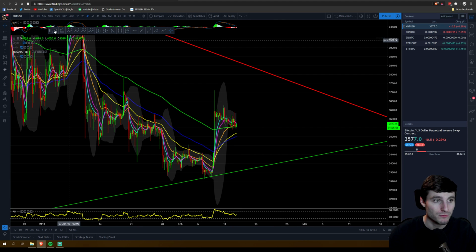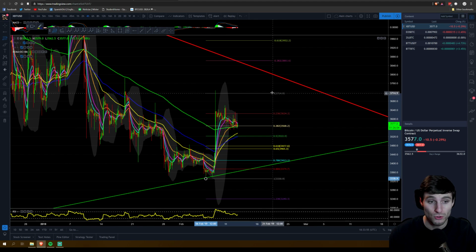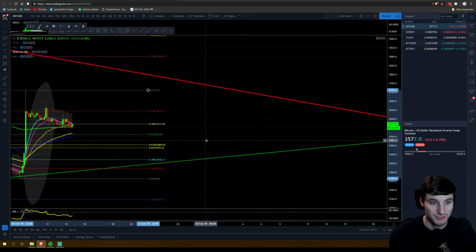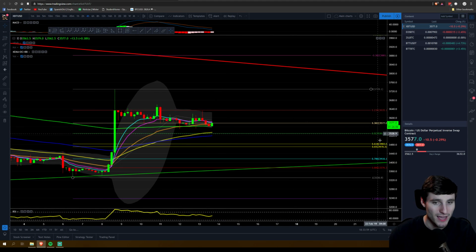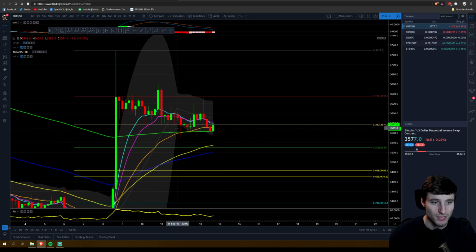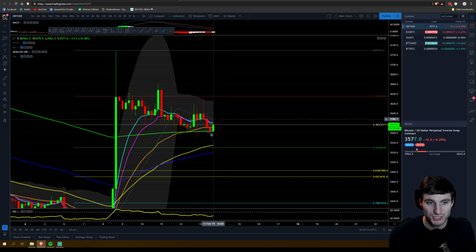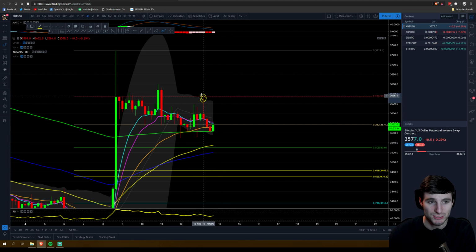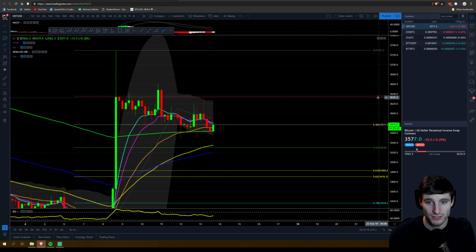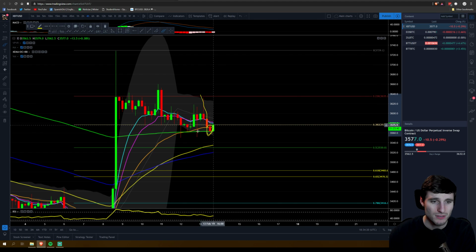Combined with the 382 Fibonacci support, which actually has just broken, as you see when you zoom in here. It was holding the support really nicely, but on the last 4 hour candle we have broken through that. For me this is not doom and gloom at the moment, and there's no need to be looking bullish at the moment. It's just touched our resistance point here, the 382 Fibonacci broke down,